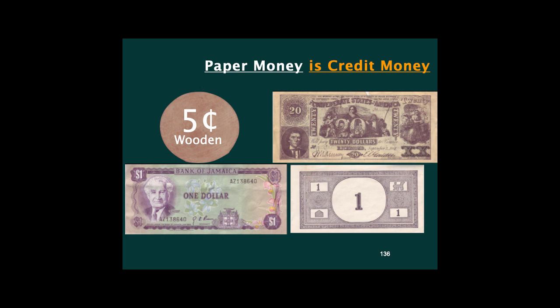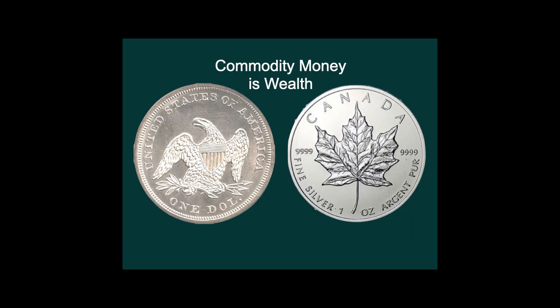Nothing. Nothing at all, was it? Now, we have commodity money, and we know that commodity money is wealth because it satisfies human desires, it has a value in exchange.